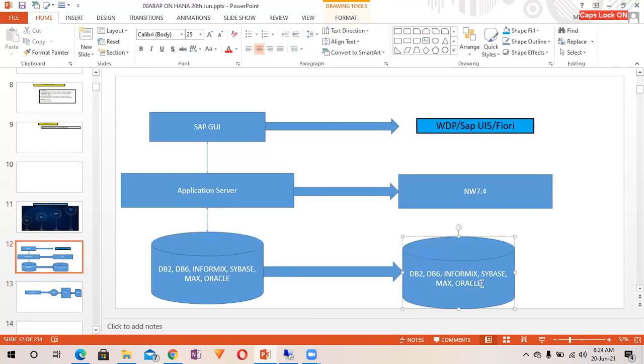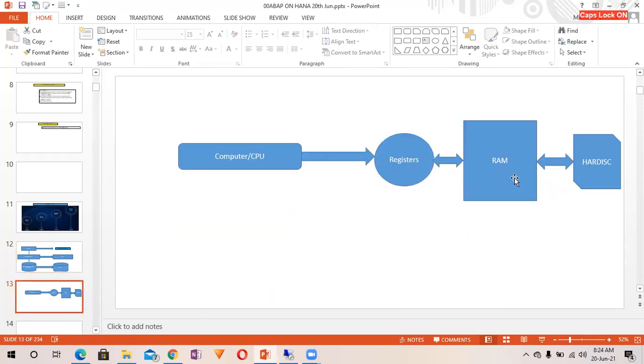They came up with the concept of HANA DB. This HANA DB can be installed directly at RAM, and because RAM is a lot faster, the overall performance gets improved.